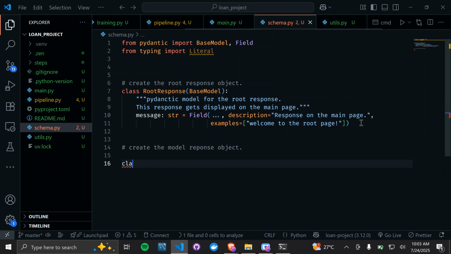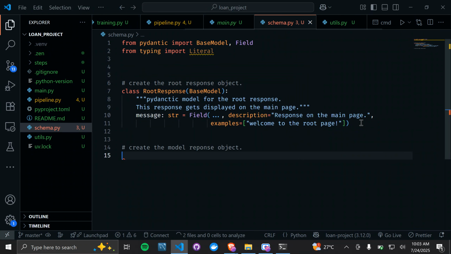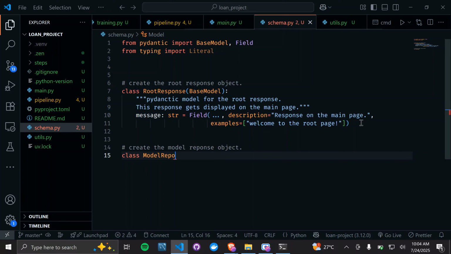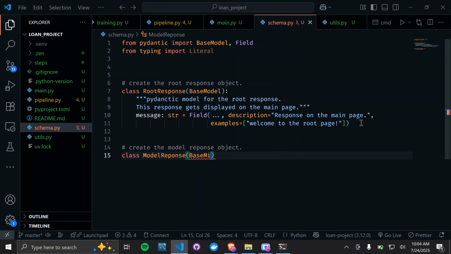And model response object is going to be, okay, if somebody hits our endpoint, the prediction endpoint, like predict this, how do we want to present the information to them? How is it going to go out to them? So the way we're going to do that is we're going to say class ModelResponse, and that also is going to be a BaseModel. It's going to inherit from BaseModel,